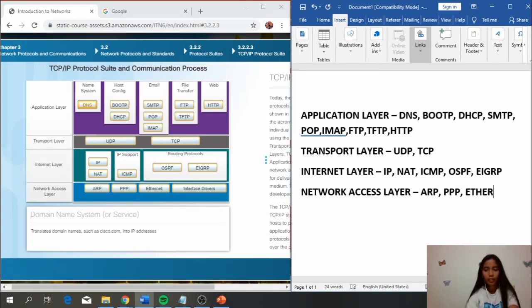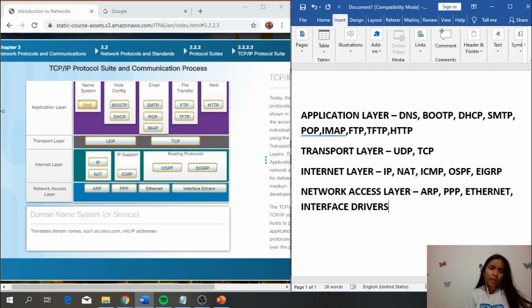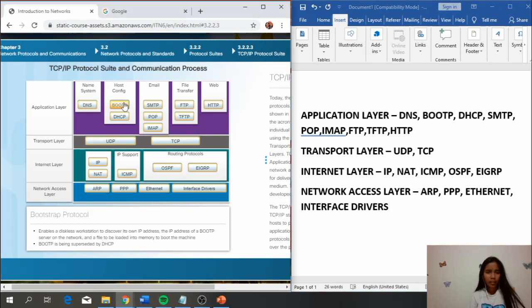the Ethernet, and the interface drivers. So the DNS stands for the domain name system, and this is the Bootstrap protocol, and this one is dynamic host configuration protocol, simple mail transfer protocol, the post